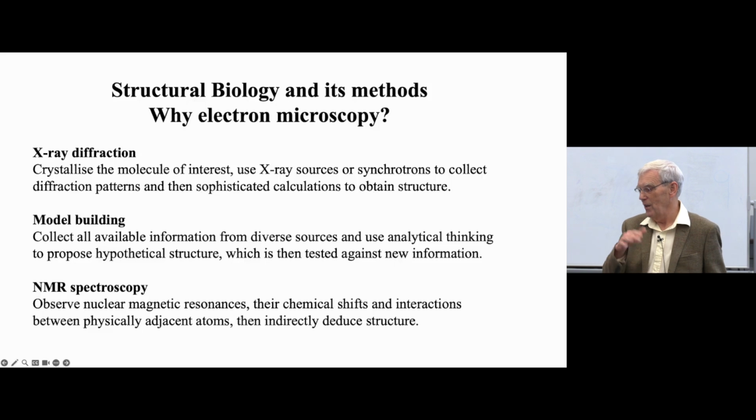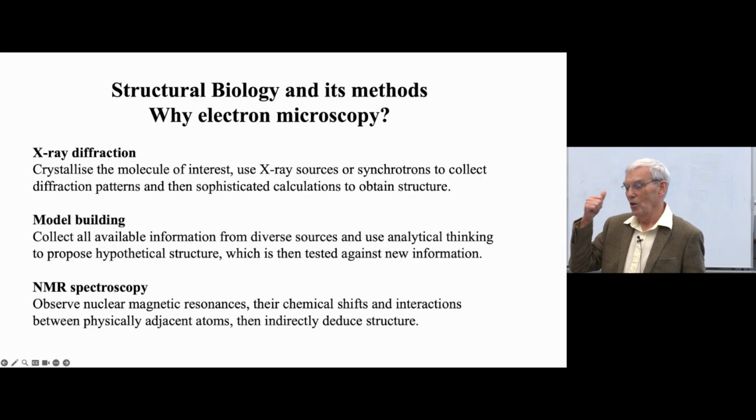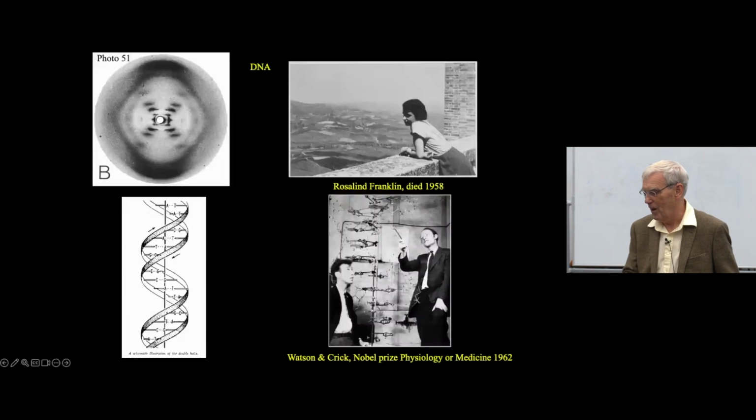So these were the 3, and then following on, we have electron microscopy, electron cryo-microscopy, which can be used to determine structures that you can't crystallize or are too big for NMR, or definitely too big for model building. But I thought I'd show a couple of slides about each of these things before we start. So one of the most famous is the work that